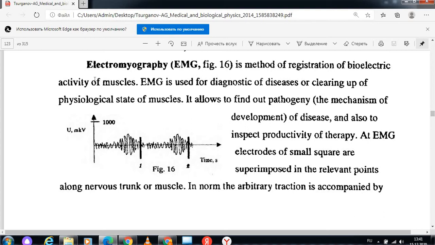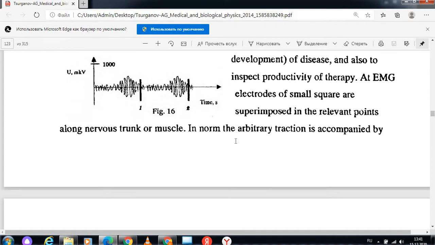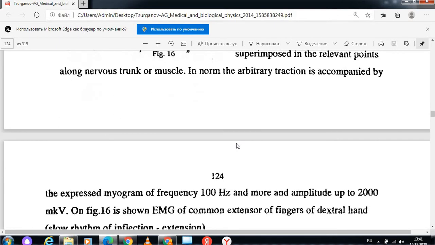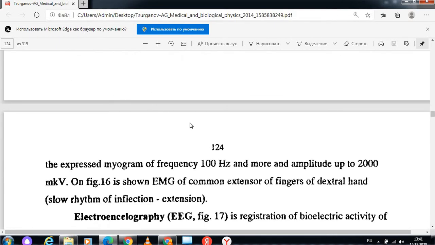In the norm, the arbitrary traction is accompanied by the expressed myogram of frequency of 100 Hz and more, and amplitude up to 2000